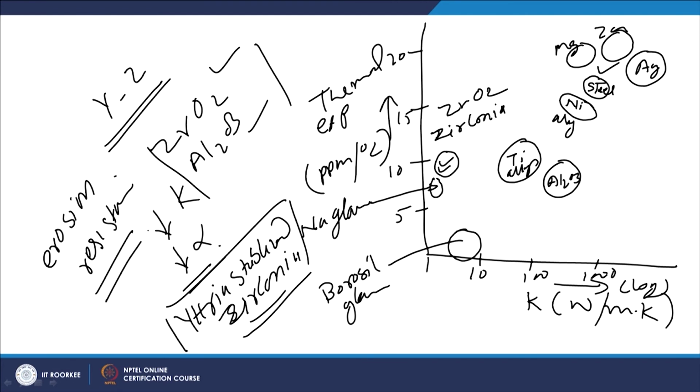So, this map helps us understand which materials can be suitable to act as a TBC material for steels or with respect to other materials. Zirconia offers a very low value of K and a lower value of thermal expansion coefficient, but this can lead to a high thermal expansion coefficient difference situation. So, strain compliance issues can be there, which are dealt with by the use of mixtures of various other materials.